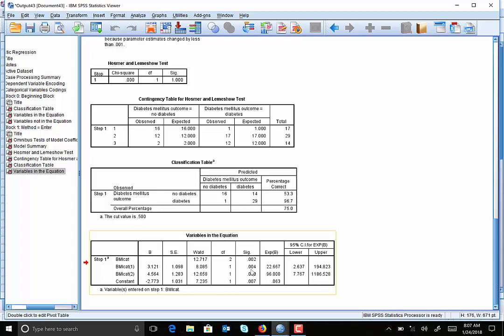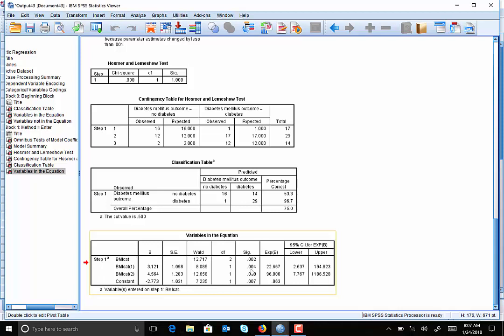Our conclusion would be: yes, BMI category is a predictor of type 2 diabetes. Now, in logistic regression models, we like to adjust our analysis for several other covariates. We may think that BMI may be confounded by some other factors. Maybe age, maybe educational status could be a possible confounder for our association observed between BMI category and type 2